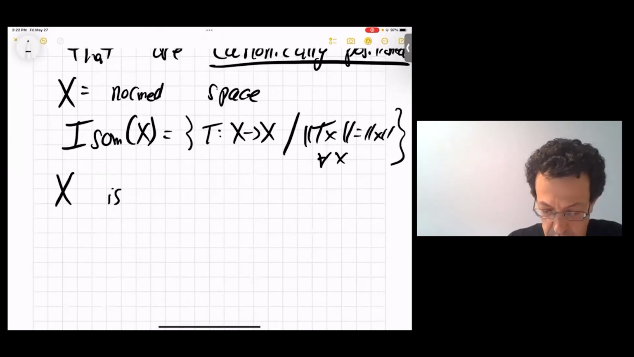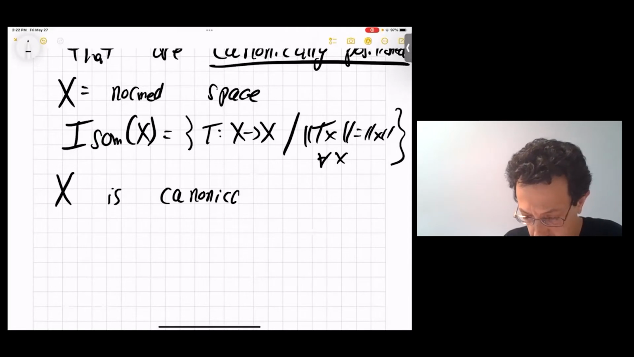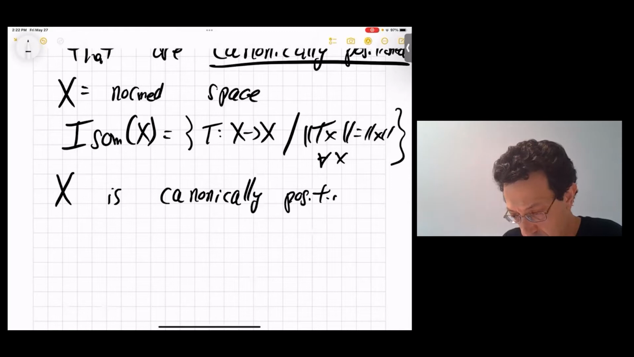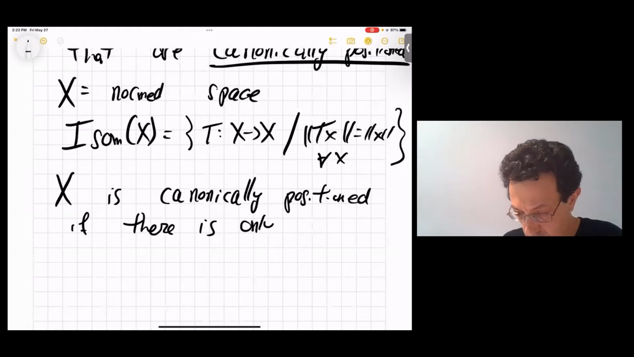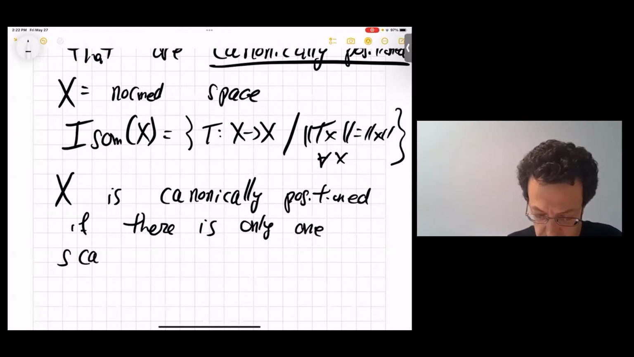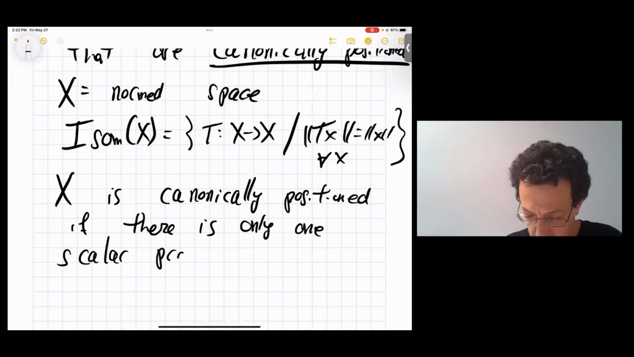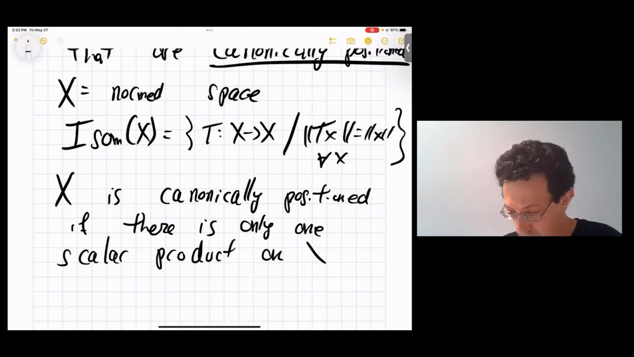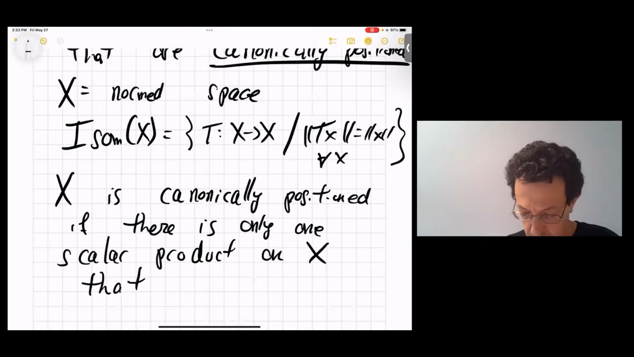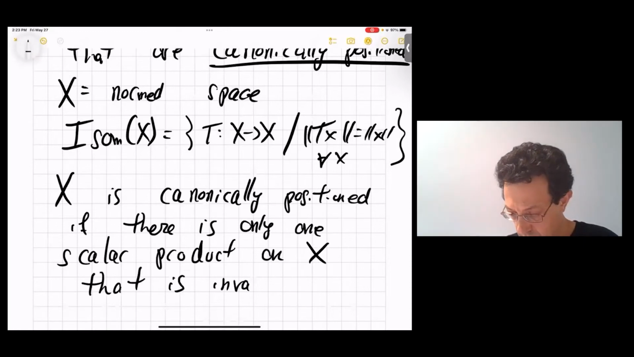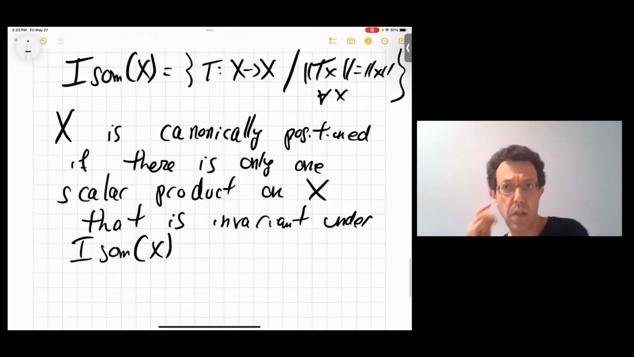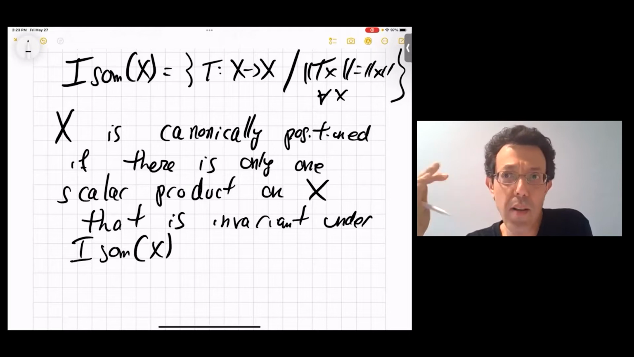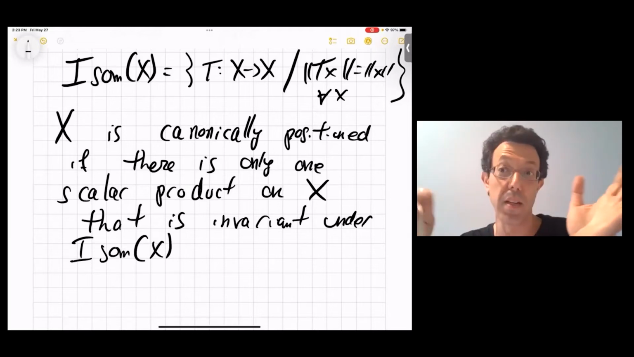X is canonically positioned if there is only one scalar product on X that is invariant under this isometry group. In other words, there exists one, only one. Of course, you can take the scalar product and multiply it by 10, I mean, up to